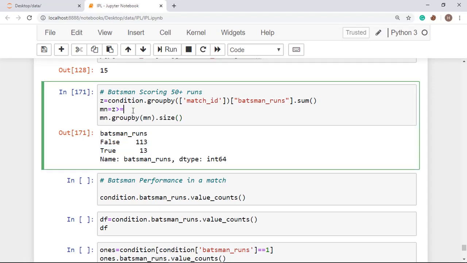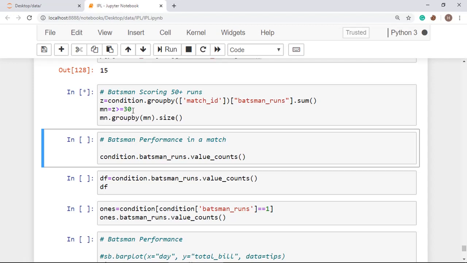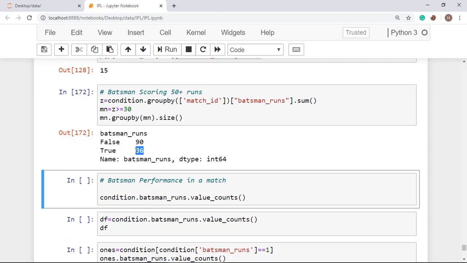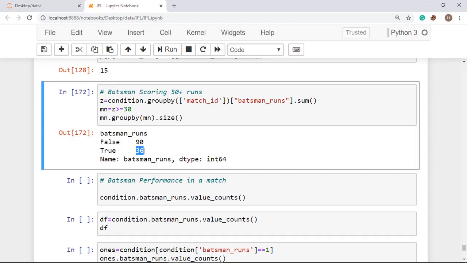You can also check it for 30, and when you press shift and enter you will get this: 36 times Yuvraj Singh has scored 30 plus runs, and 90 times he has scored less than 30 runs.